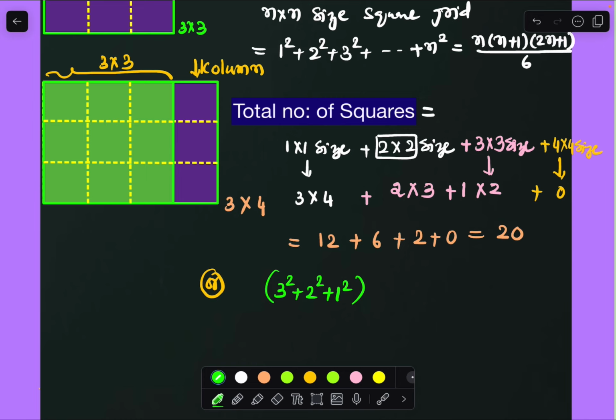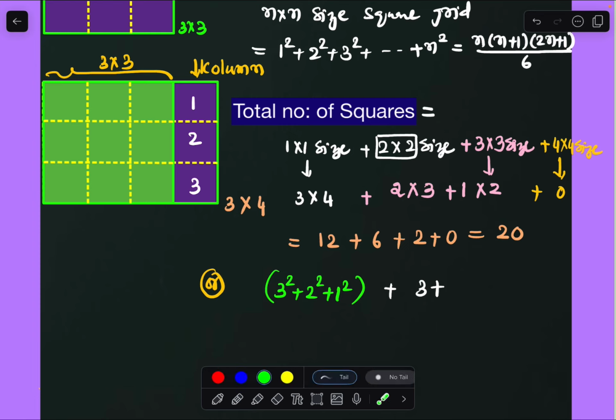And now I'm calculating, by adding this additional column, how many extra squares we will get. We'll check it once. In that column, how many 1 unit squares are there? We can check it here. In that particular column, 1, 2, 3, so 3 squares we added here. We'll get 3, right? Plus 3 will add. Next one, can you make it by using this particular thing?